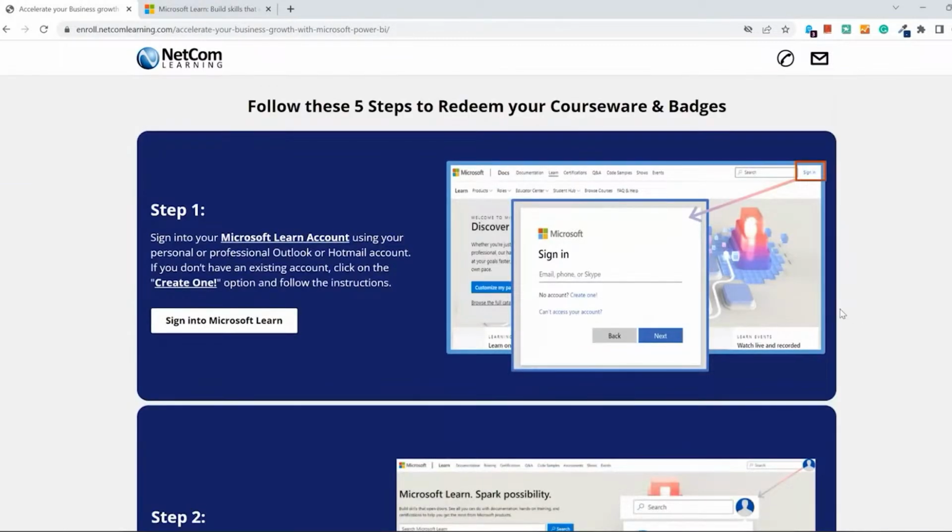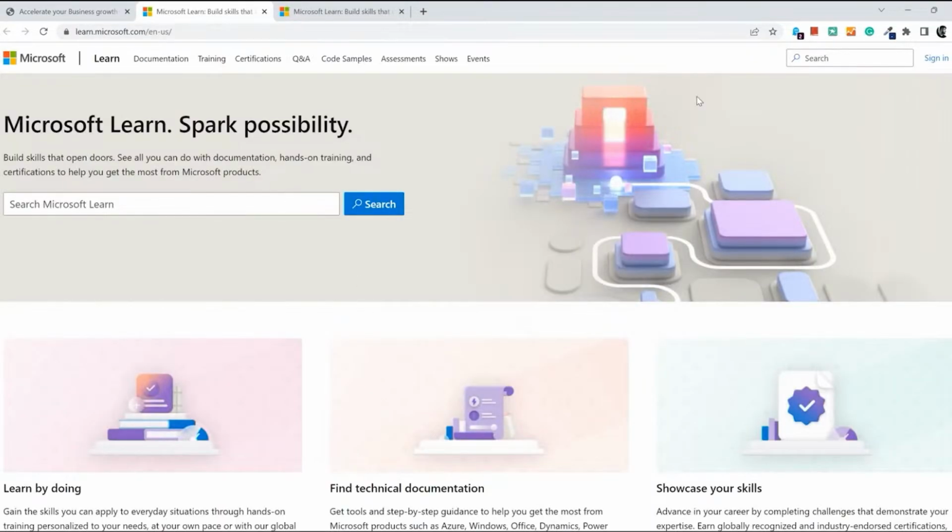The first step is you need to log into your Microsoft Learn account using your personal or professional Outlook or Hotmail account. If you don't have an existing account, there is also an option to create one. So let's start. We'll click on the sign in to Microsoft Learn. Once you click on this button, you're going to see this tab opening up, which is the Microsoft Learn website. On the top right corner, you'd find the sign in option.